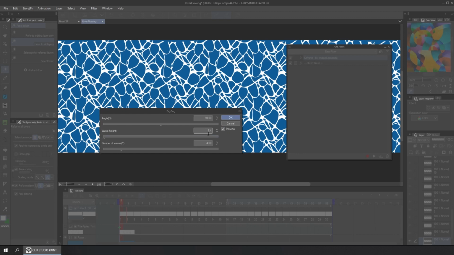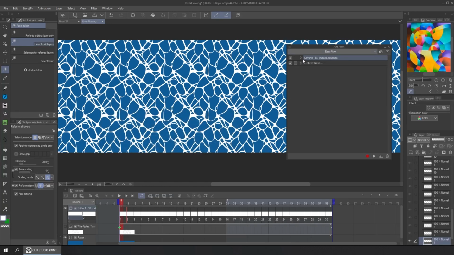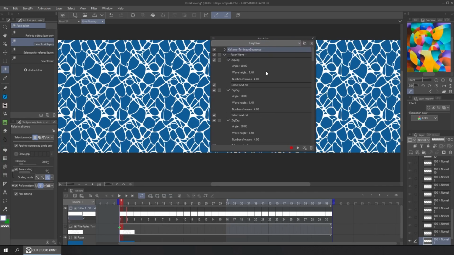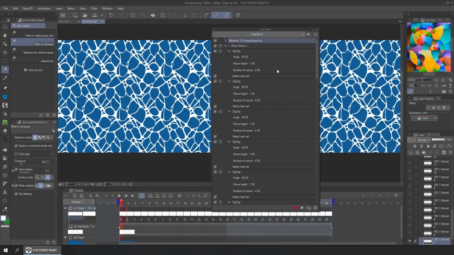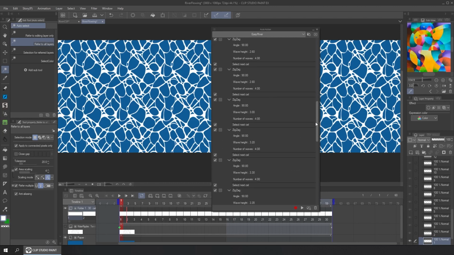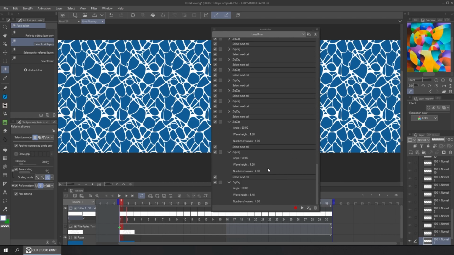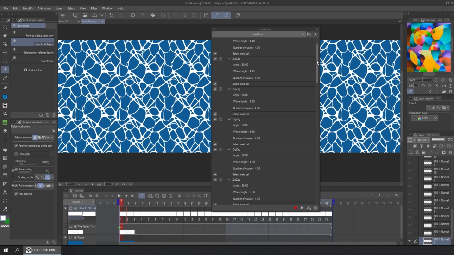But if you keep the change constant, or in animation called linear, the back and forth movement is very abrupt and it looks quite bad. So what I did was to accelerate and decelerate the movements. I make it an ease in and ease out movement to make the transition smoother. The values start changing every 0.05, then 0.1, and finally every 0.2 units. The result is an ease in and ease out movement. The auto action does the 30 frames in one click.